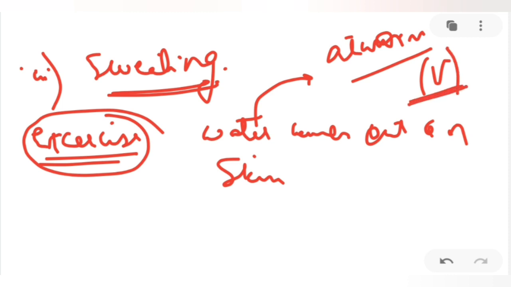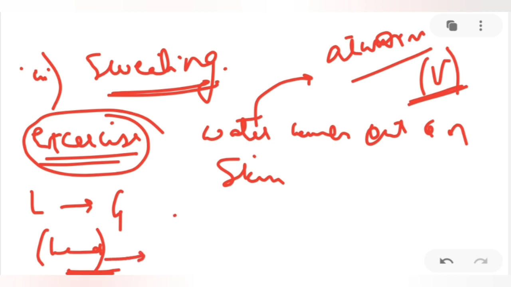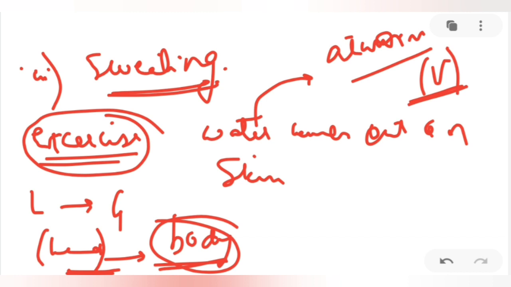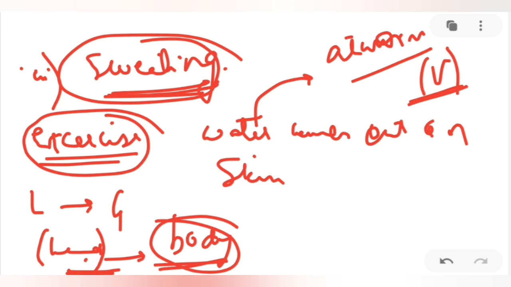Now again what is happening? Liquid is turning into vapor or into gas. This process again requires heat. Now from where is the heat given? This heat comes from the human body. Hence, when the heat is given out, we feel cool. So sweating is one such phenomenon in which the temperature of a person decreases and we feel